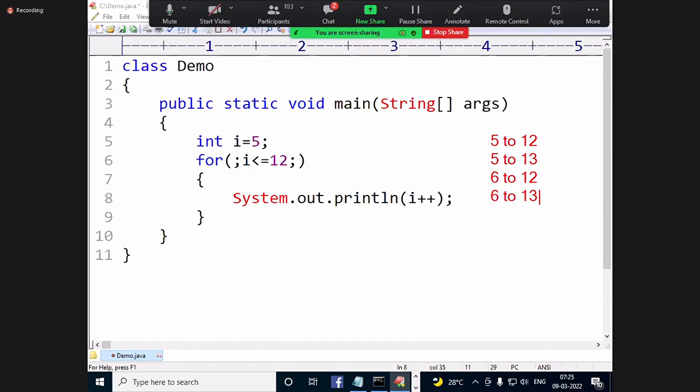Now, how many people answer 5 to 12? Okay. Next, how many will answer 5 to 13? Okay. 6 to 12. Next, 6 to 13. That means not all people understood the subject.